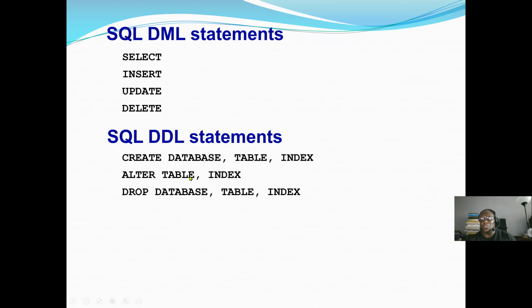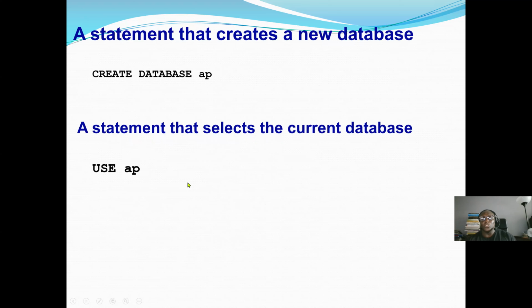Alter the table example would be, I'm adding a new foreign key, or I'm adding a new primary key, or I'm deleting some record or deleting some columns. So we'll go through a few of the statements here, but in chapter 2, we may go into detail. So first we start with a statement that executes, and when this statement executes, we are going to create a